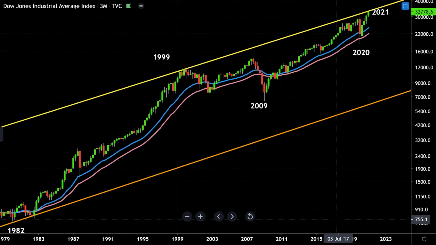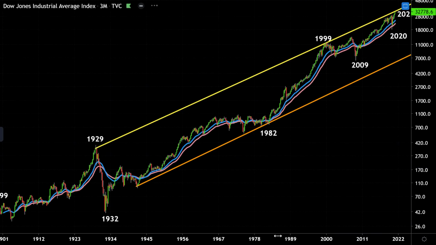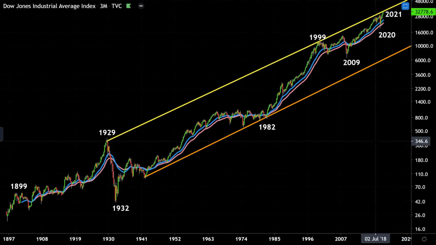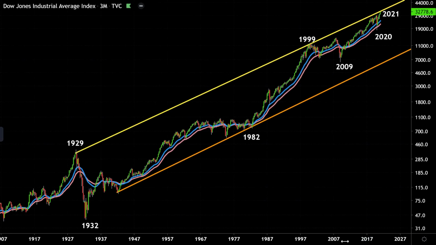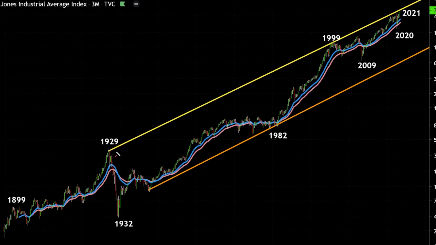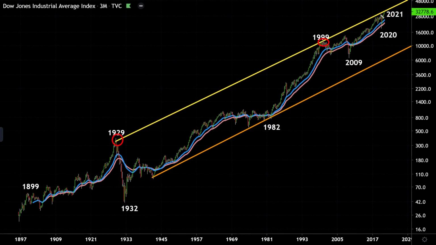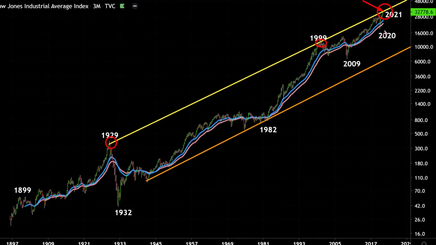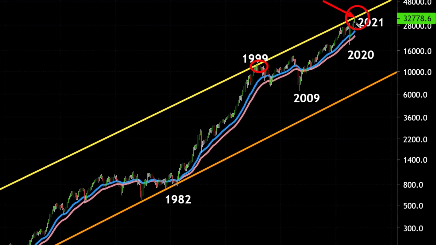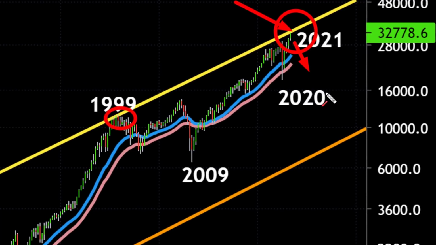Let's zoom out a bit. Let's zoom out one more time. Let's go back in history. So there it is. This is our 124-year chart of the Dow. So you may be asking, why does it matter? Well, the thing is that usually when price action comes to meet a trend line like this for the first time, again, we're connecting the highs of 1929 to 1999, meeting us right now in 2021, usually in technical analysis, the odds are higher that when price rallies and comes to test the trend line for the first time, there's rejection from the trend line. So usually price gets deflected from that level, okay?